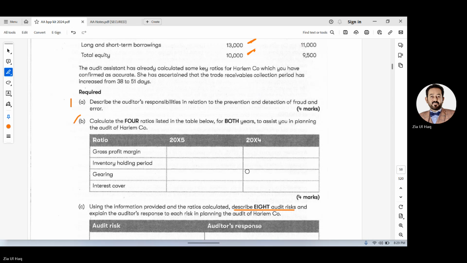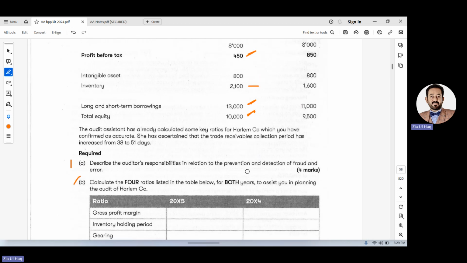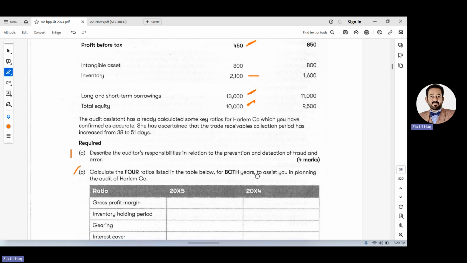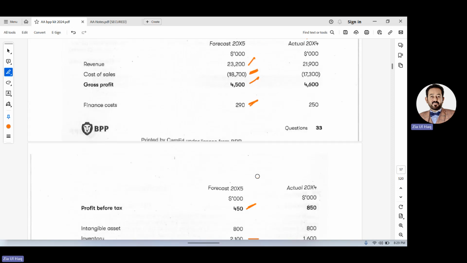Could be that the trade receivable days have increased from 38 to 51 days. Yeah, receivable days, where are receivable days? No. Okay, let's read